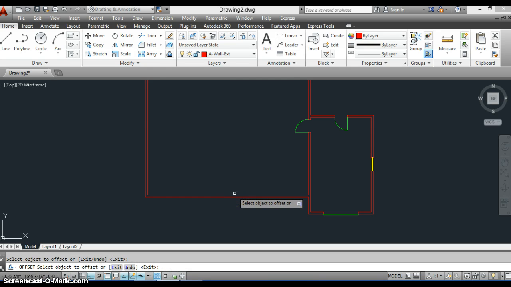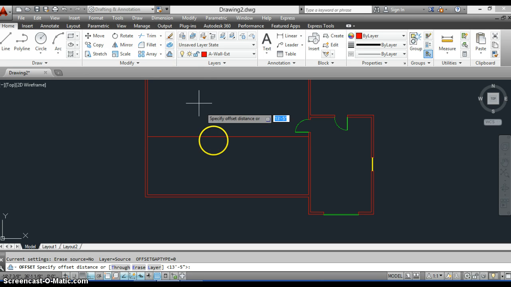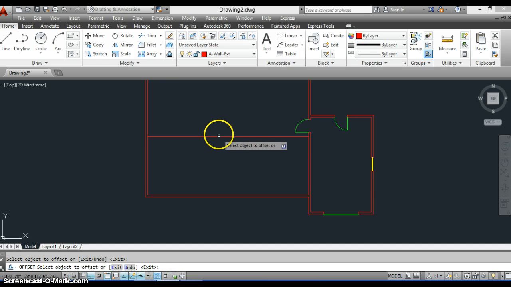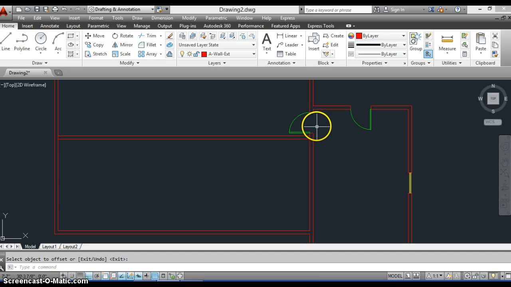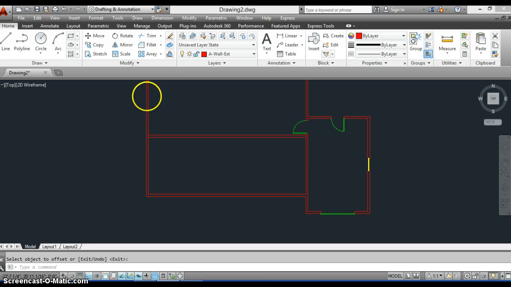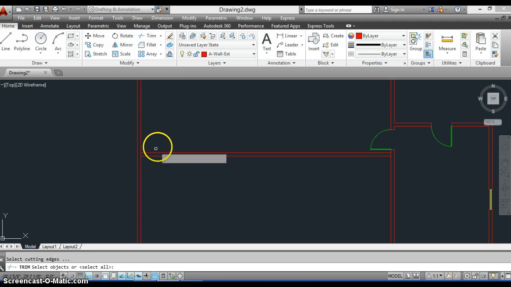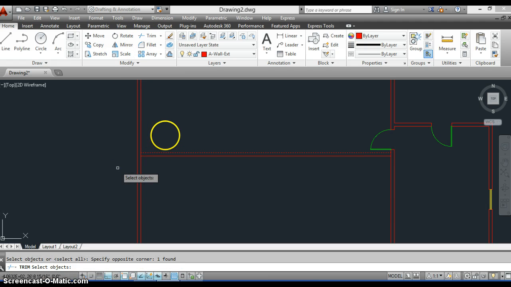Click on the inside wall, go up, enter, and then offset 6 inches up on here, up. Okay. We will trim where the wall meets the